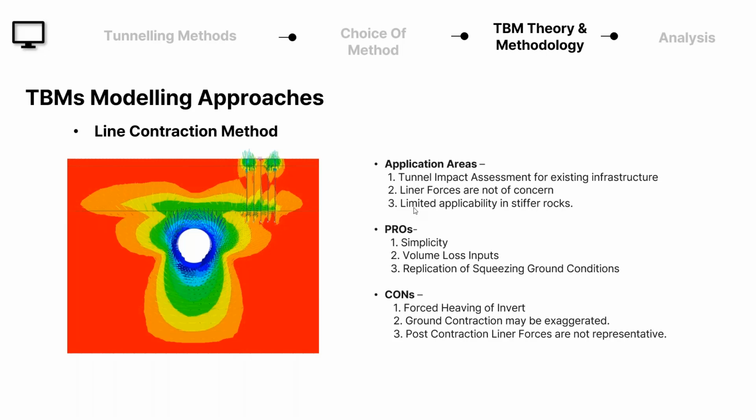So in terms of pros, again, it's quite simple. The number of inputs will be a bit higher than what we get in the wished in place. But here you can also apply the volume loss inputs in terms of, let's say, a percentage strain acting on the liner. And the best part is